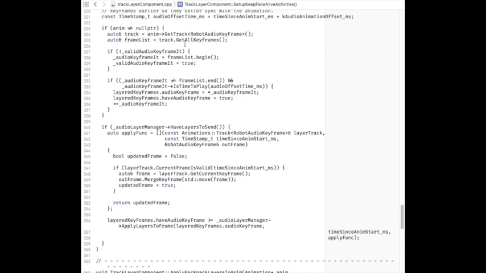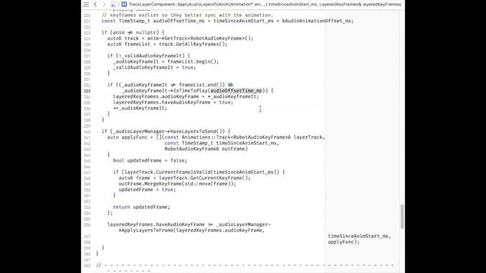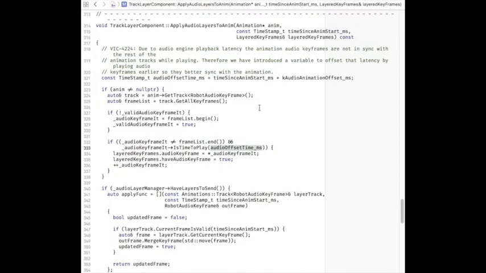So they go through the keyframes there, and then they kind of look at the list. They get the thing, have audio. Don't know what they're doing here. It says check is it time to play with the audio offset time. Yeah, so here it is. Okay, so this is the time within the track, and here's the time within the animation. But they moved ahead a few steps so they can handle